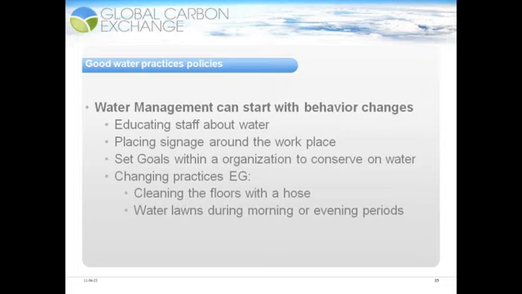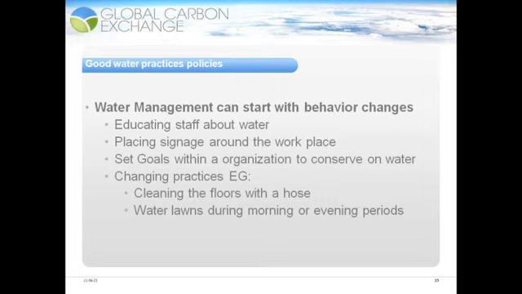But water management doesn't always need to be a technology retrofit. It could also start with certain behavioral changes. These behavioral changes may start with educating staff about water and what a precious resource water actually is. By educating staff to know how dependent the human race is on water, they will then start to take this knowledge and hopefully apply it around the workplace, and not only around the workplace, but then around their daily lives at home. You can achieve this through workshops or seminars,